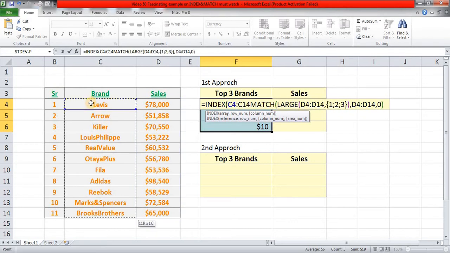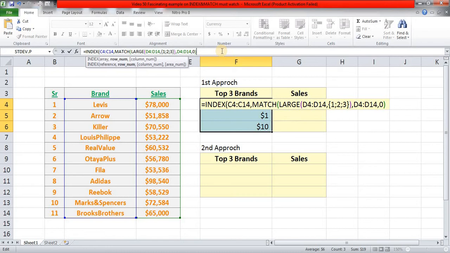Okay, so this is my array for the purpose of index. Then my row number is fetched by this column and large combination, and it's an array function. And so far as column number is concerned, when in index and match your index has got only one column, either you can simply keep that column argument blank, or you can give one. I am simply completing parenthesis over here and Control Shift and Enter.